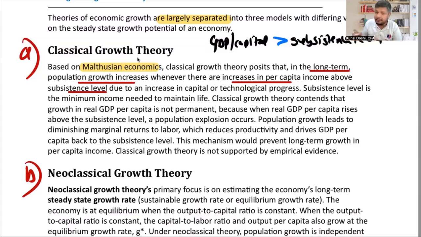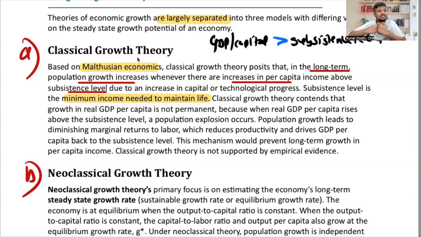Now, whenever this happens, what is subsistence level? First of all, let me discuss: subsistence level is the minimum income needed to maintain life. To maintain a standard of life, what is the minimum income we need? That's called subsistence level, or you can say the survival level. So it's much more than survival, but the minimum that you need to maintain your standard of living, that's called subsistence level. So if the GDP per capita is higher than that, definitely many people will be attracted towards that